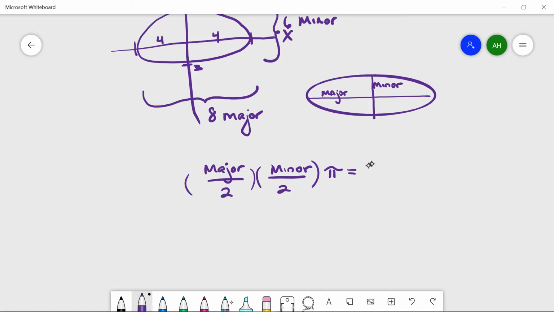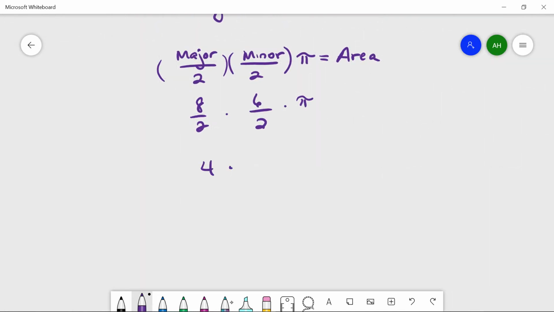This is going to equal the area of the ellipse. Here my major is 8 divided by 2, my minor is 6 divided by 2, and then I have pi. So 8 divided by 2 is 4, times 3, times pi. So I'm going to have 12 pi. You can go ahead and calculate that out to find what it winds up being. If I take 12 times 3.14, I'm going to get